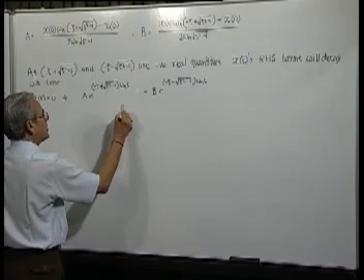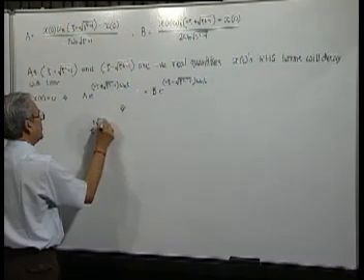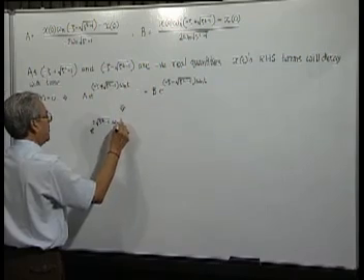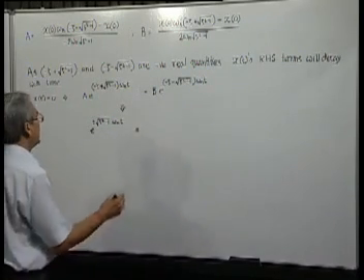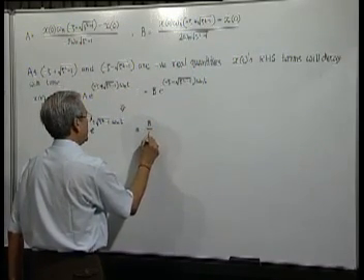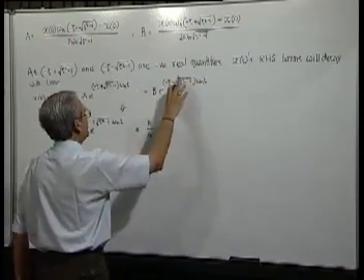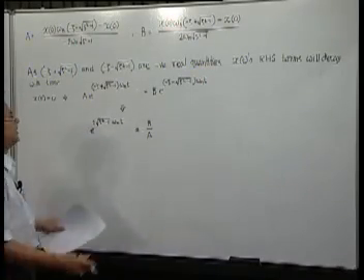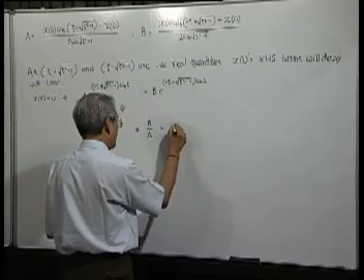So this will give us e to the power 2 square root of zeta square minus 1 omega n t equal to minus B by A. Because when I take this e to the power minus this to the other side it becomes e to the power plus, and so this becomes twice, equal to minus B by A, which is nothing but